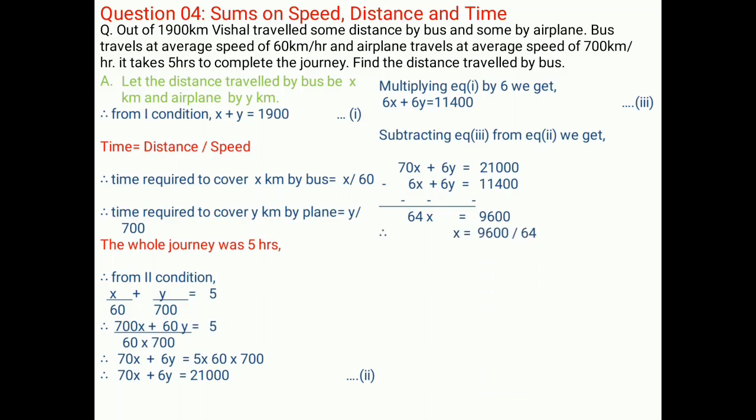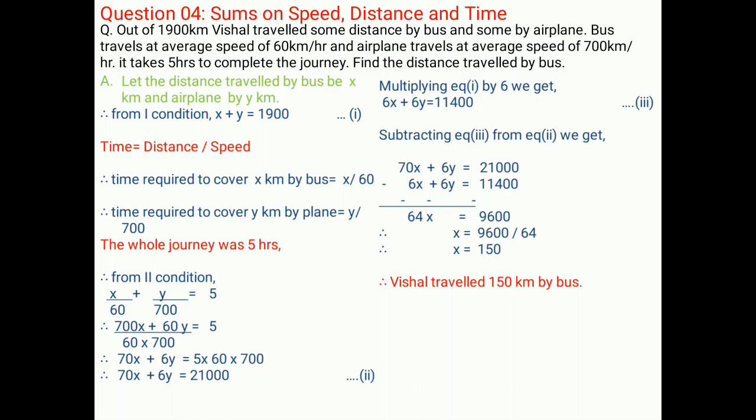Therefore x is equal to 9,600 divided by 64. Therefore x is equal to 150. Therefore the answer is that Vishal travelled 150 kilometers by bus out of 1900 kilometers that he